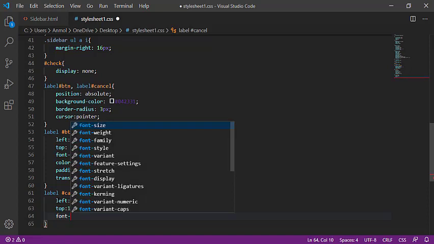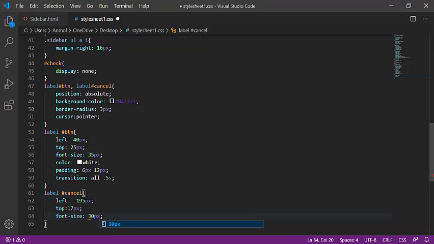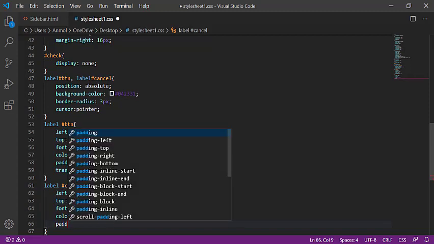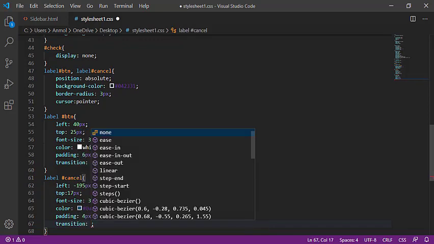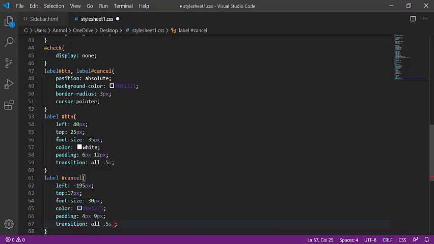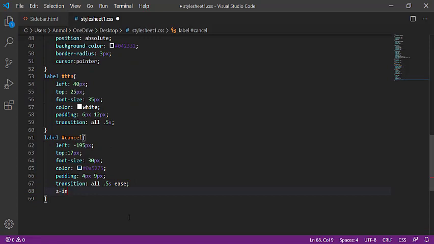Font size 30 pixels, color 085275, padding 4 pixels and 9 pixels, transition all 0.5s, then Z index will work, is showing some values.